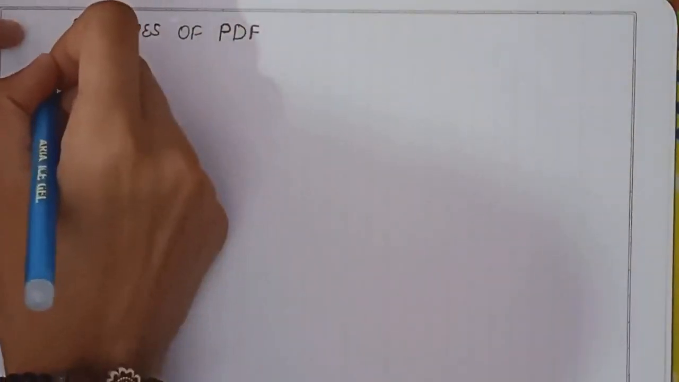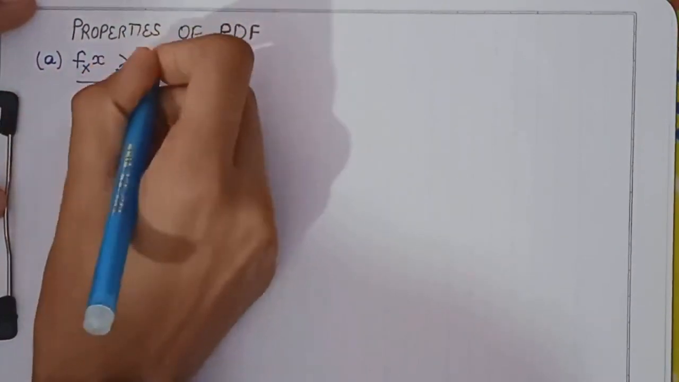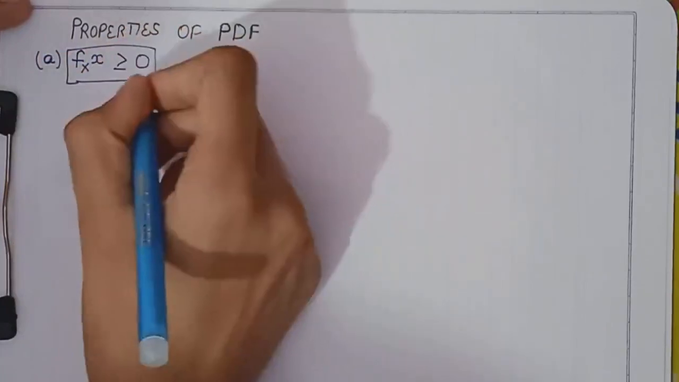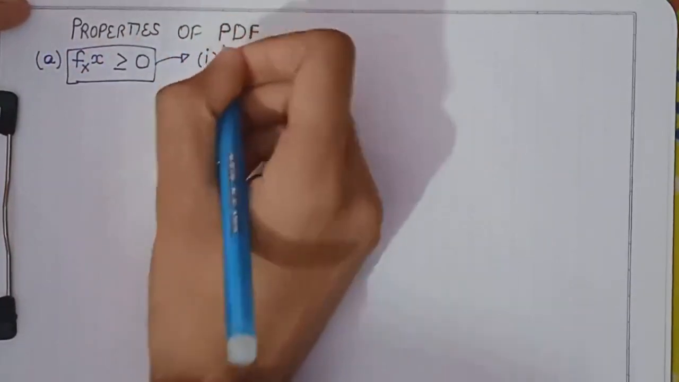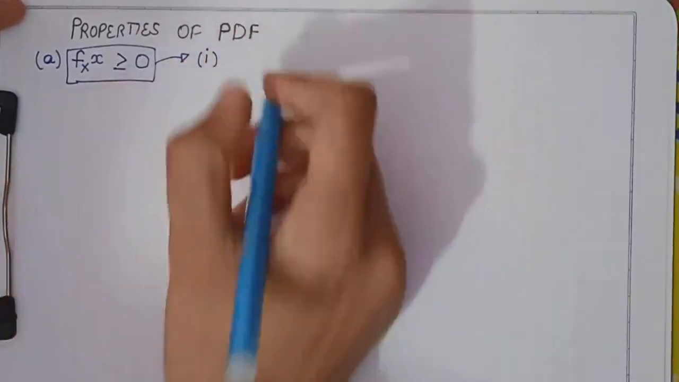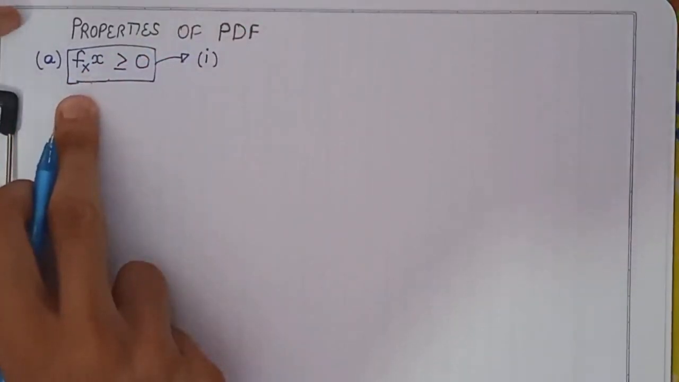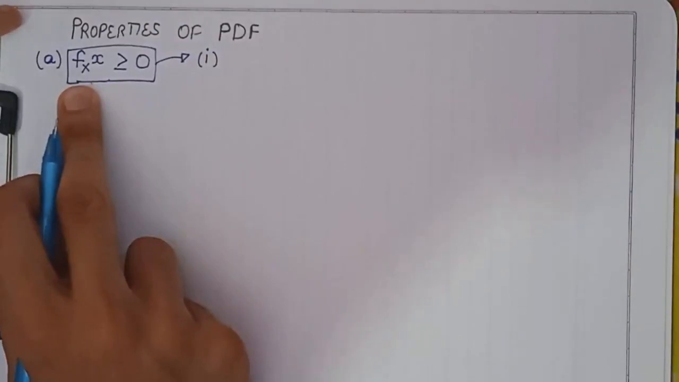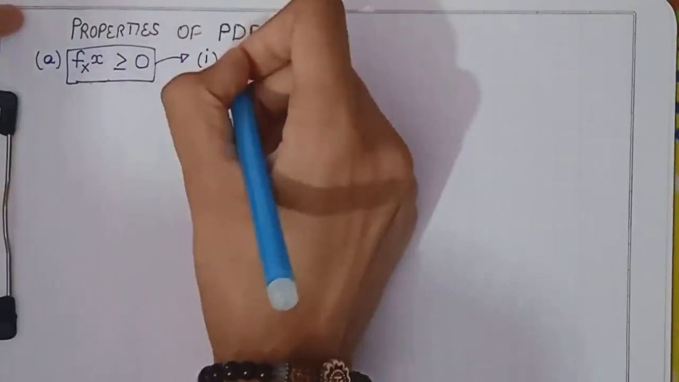Now the first property of PDF says that the PDF value at any point is greater than or equal to 0. Now this can be understood in two ways. The first way to understand this is that, as I've told you, this is the PDF value, and the PDF value represents the probability of happening of the event at the particular time when the capital X takes value small x. So since this is the probability